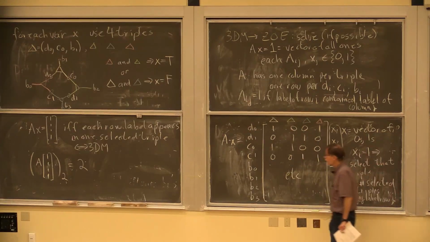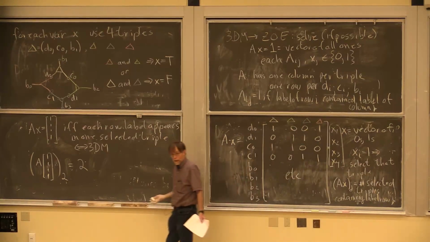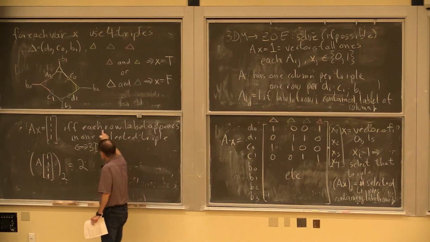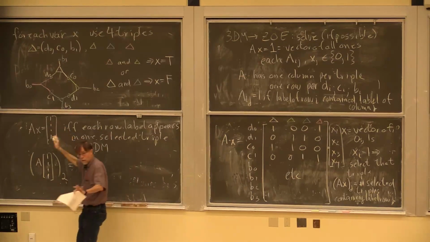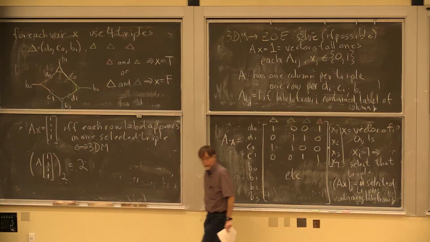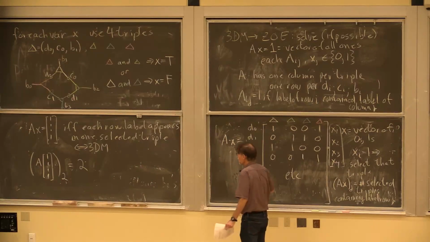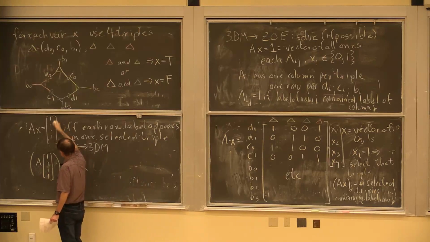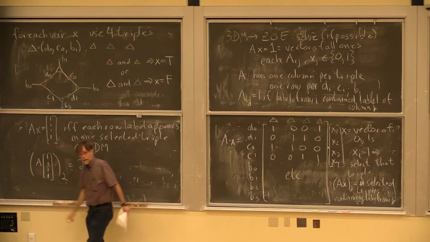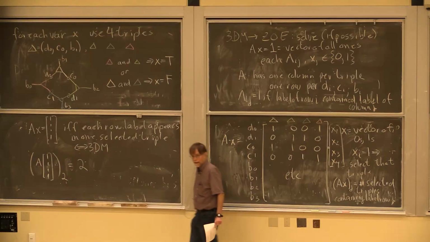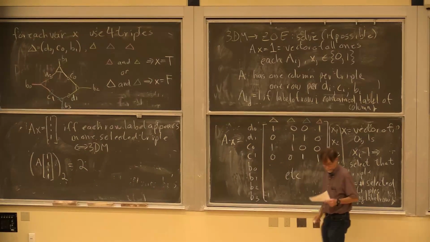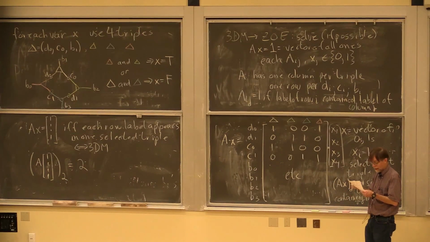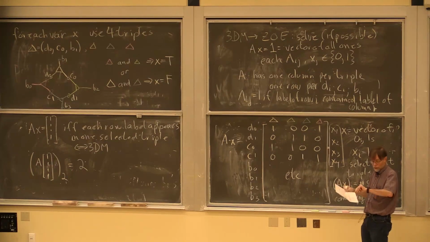Okay. And so I haven't solved my 3D matching problem. But if I can solve it so that everybody appears exactly once, then I have solved 3D matching. So if I can solve the 0, 1 equation problem for this, in fact, very special right-hand side, then I can solve 3D matching. So that's the reduction. Any questions about that one?